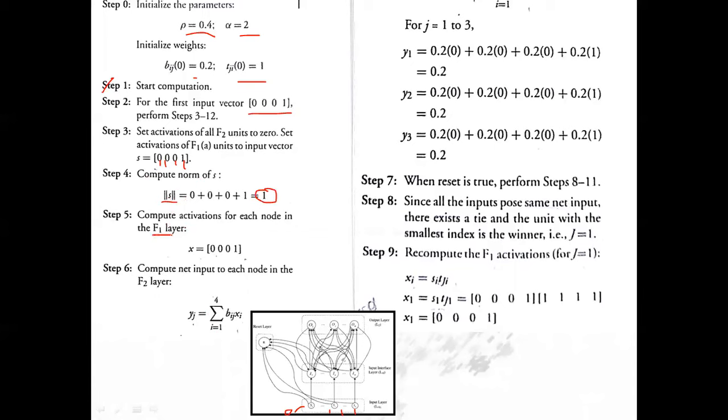Now these activations further go to your input interface layer, that is this one. Earlier it was equal to 0, 0. Now it becomes 0 0 0 and 1. Meaning 0 goes to this neuron, 0 goes to this neuron, 0 to this neuron, and 1 to the last one. So the input reaches here, and now we have to activate the output layer that is connected with your input interface layer. So just pick up the first neuron, this one.